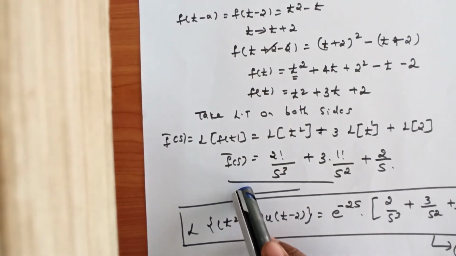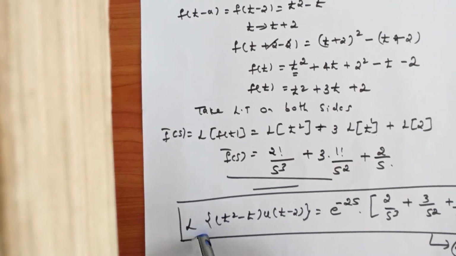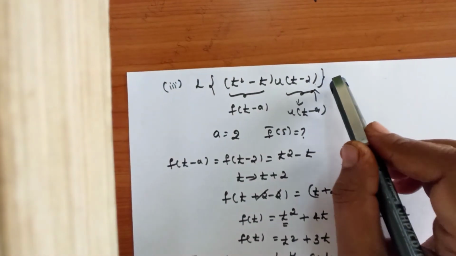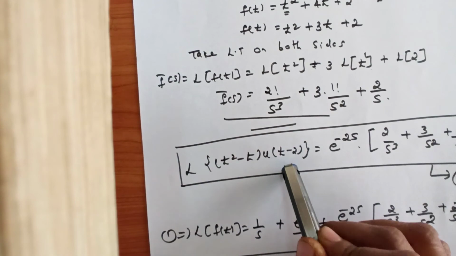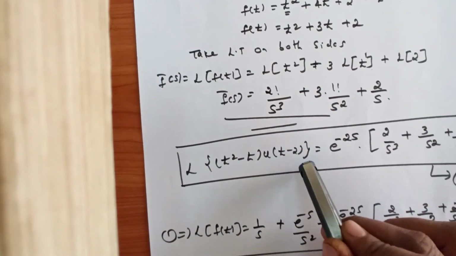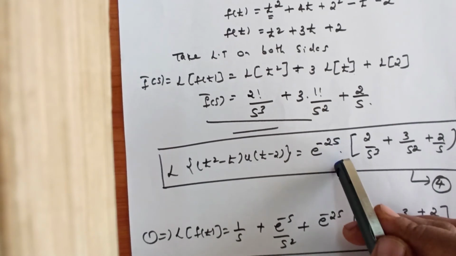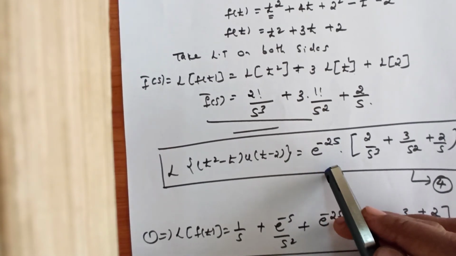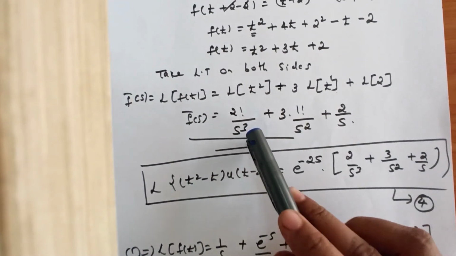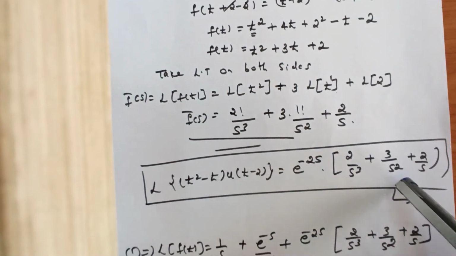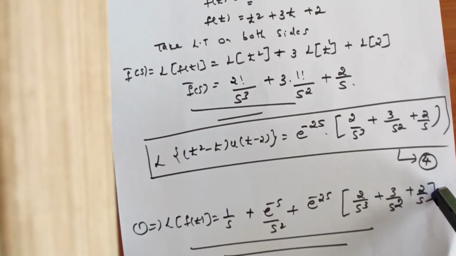So once you know your f bar of s, let us write the solution of this particular term, that is the third term, that is Laplace transform of (t square minus t) into u of (t minus 2) will be equals to e power of minus 2s by using the second property, that is e power of minus 2s into our f bar of s, which is given by 2 by s cube plus 3 by s square plus 2 by s. So let us name this as equation 4,